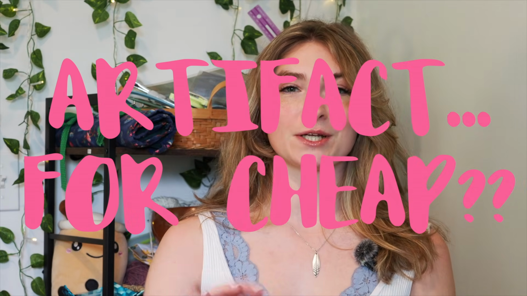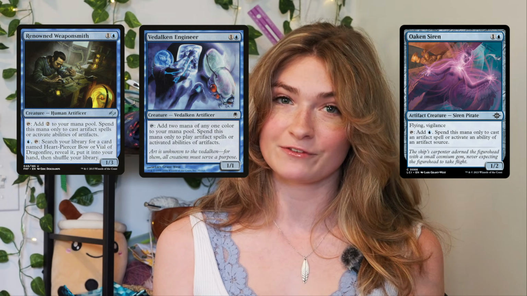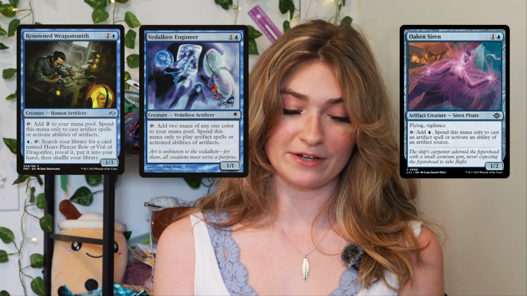My next category for you is ways to get artifacts on the battlefield more easily. This could mean discounting the cost to cast them or cheating them out for free, which of course goes along with Aloy's ability, as it all goes back to. There's a bunch of creatures and artifacts in here that allow you to add mana. Usually these are going to add mana only to cast artifacts or activate abilities of artifacts. These cards are going to be Renowned Weaponsmith, Vulshok Engineer, Oaken Siren, and Memnon,